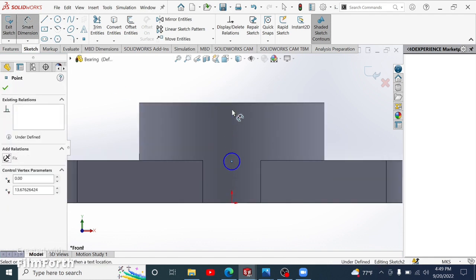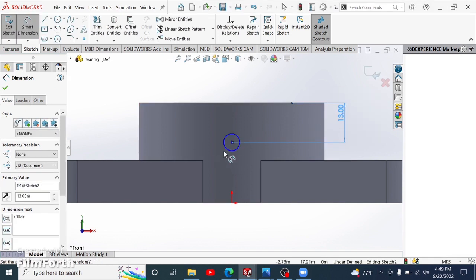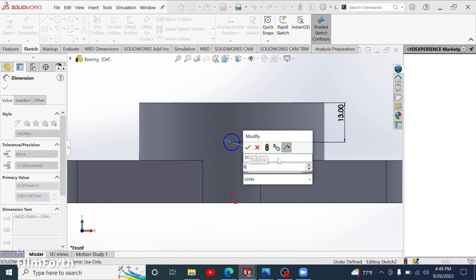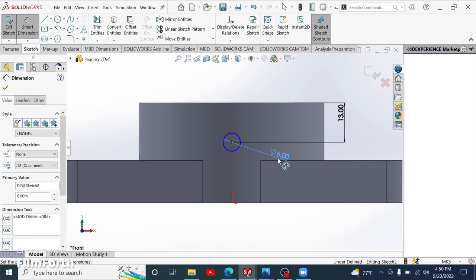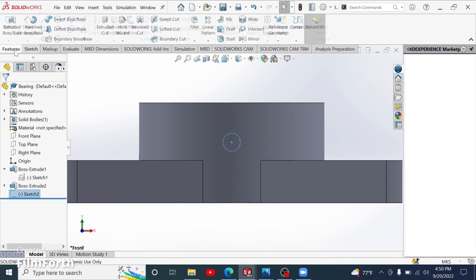I'm going to go from this center to this line, and that's going to be about 13. Oops, sorry. That's my alarm. Check that one, and that'll give me this point right here. That is 13. And your drill for that hole is going to be 6. Enter, and that's it. So now what I'm going to do is go back to finish, exit, features, and I'm